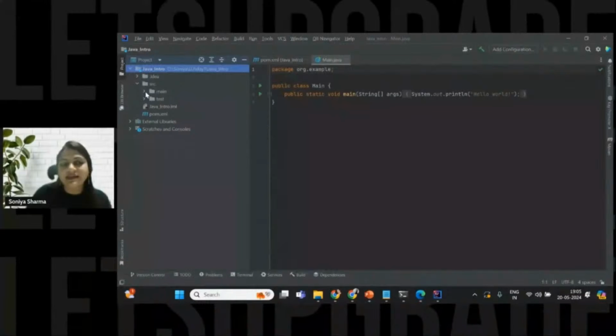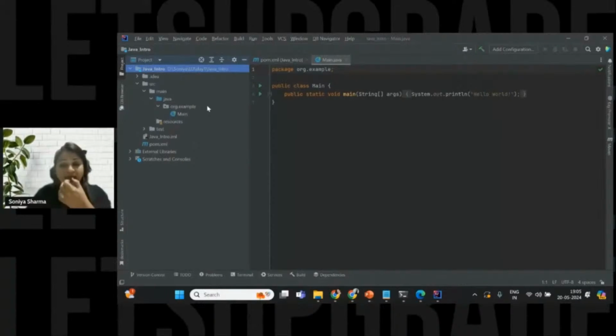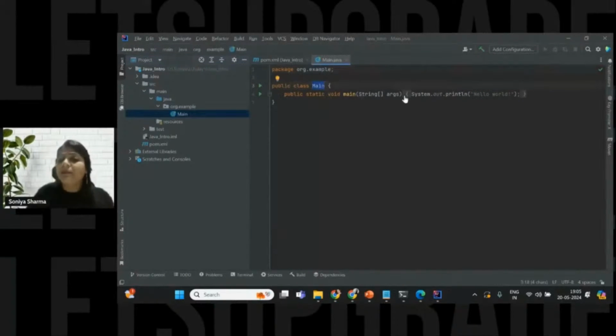Inside this, we have SRC, we have main, we have the Java folder, and in the Java folder under the org.example package, which is created by default by IntelliJ, there is a Main class. In the Main class, you are having the main method, and Hello World is already written. So a lot of your work is saved. Now in Notepad, I have to type everything, but here they have already given you some code. So if you want, you can edit it from here, like Java